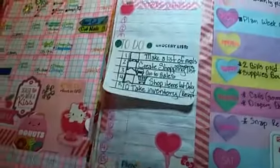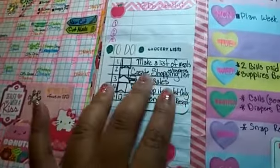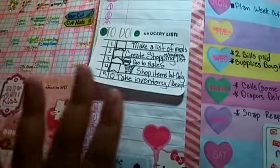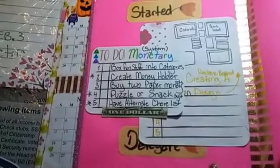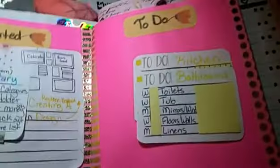This here is something I'm just using for my to-dos that I have in my GTD section, which I've gone over. It's just this section here where I have it in the beginning, where I can just look and see how far I am on certain projects and stuff. And the current one that I've been working on is just getting the monetary system that I wanted for the kids, so they can learn the value of money, and just the one that I'm working on currently,